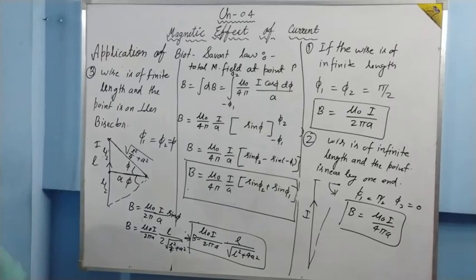Okay. So this is the application of Biot-Savart law, and it is the first application. Tomorrow we'll solve some numericals on the basis of this topic, and then after that we'll start the next application, magnetic field due to a circular ring of wire, at the center and at the axial point. These two topics we'll do tomorrow and some numericals on the basis of this.